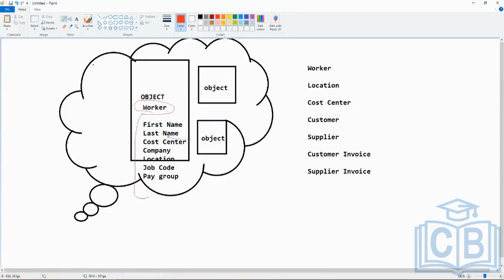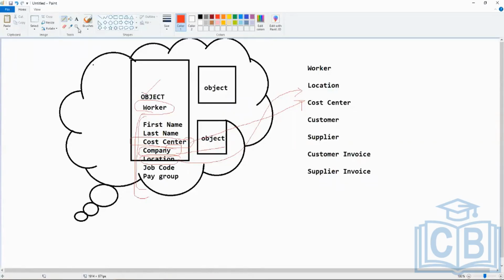Now, if you see inside this, there are some fields which I told you are objects as well, right? An object can also be a part of an object. Right? Company is also there and location is also there. As I told, you can compare it that this object is a SQL table and these are the different fields.